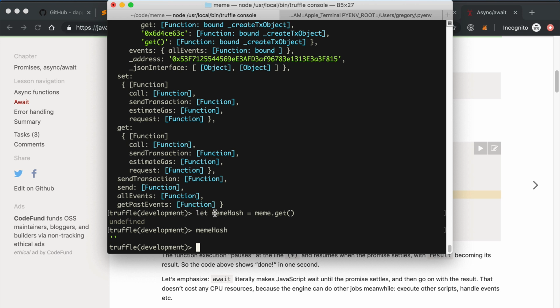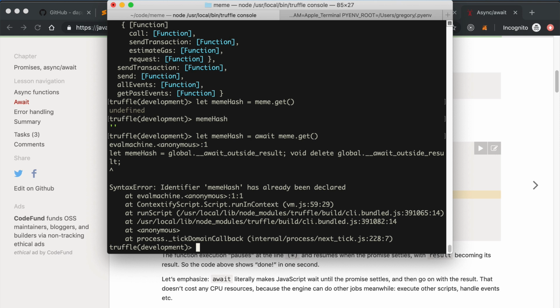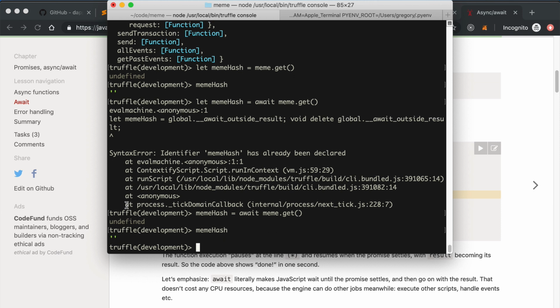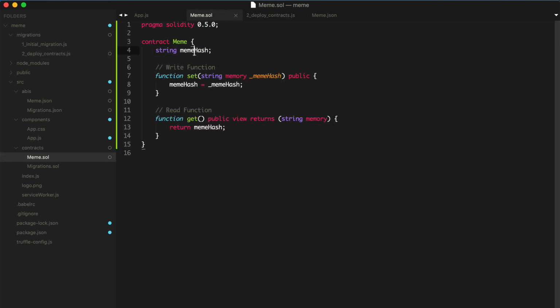So sometimes people email me and say, hey, your tutorial doesn't work because I did await or something like that. Or I can even do await here. So let's say I get undefined here even when I use async await. Well, that's because the console just logs undefined to the console. You actually have to call meme hash to get the value back, okay? So it's empty. We expect it to be empty because when we deployed it to the blockchain, we didn't assign it yet. So let's call the get function, and